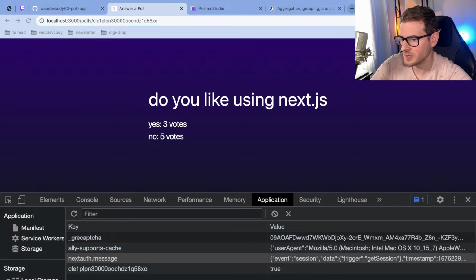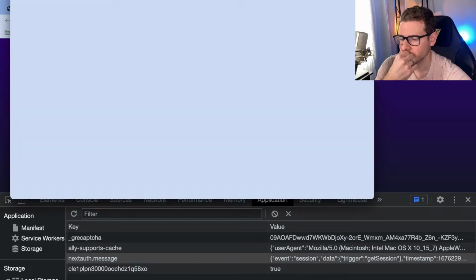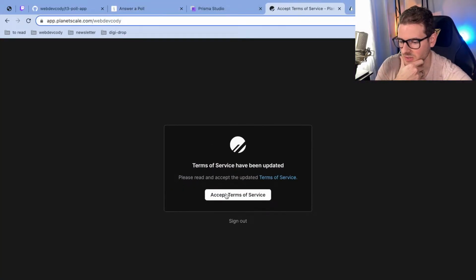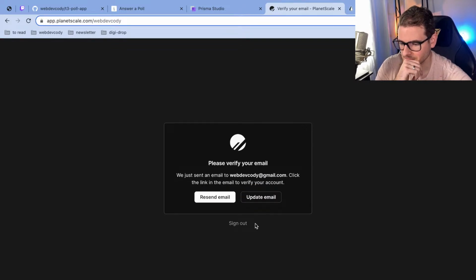Oh, I can continue with GitHub. Let me do that. Let me pull this back down. I'm going to connect to my GitHub account. And now that I have you all here, you all can walk me through how to properly do this with PlanetScale. I think it's a matter of just like,